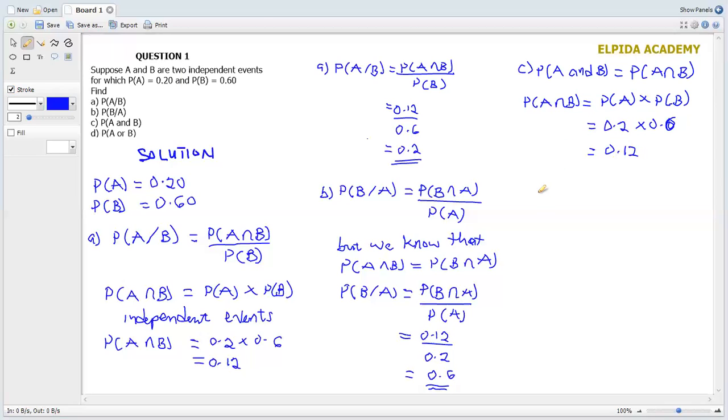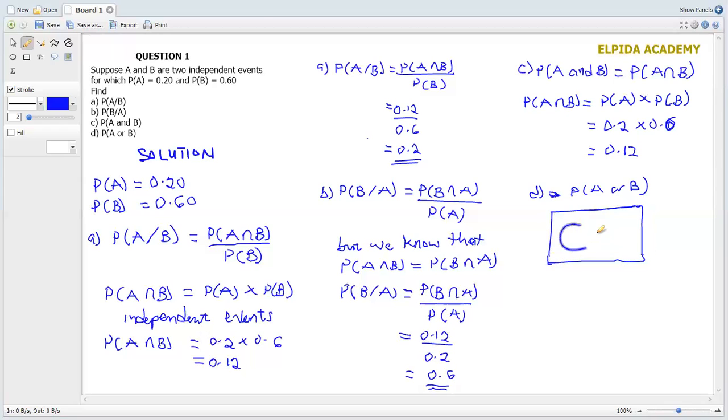Now we come to D. We are finding probability of A or B, right? Probability of A or B. If I draw a Venn diagram,